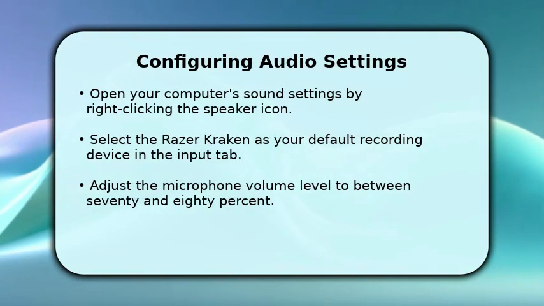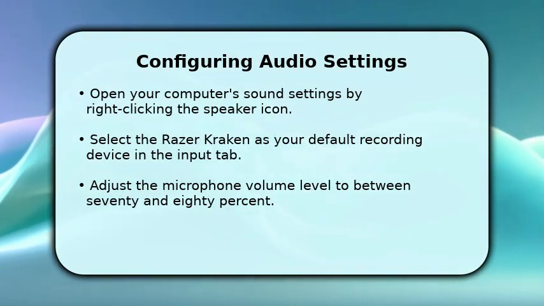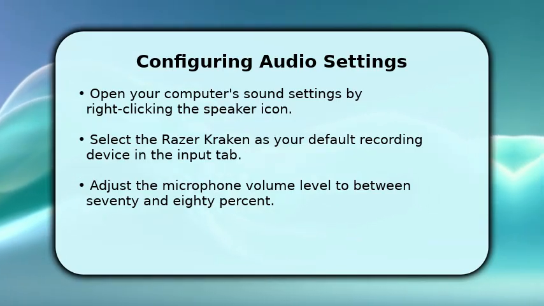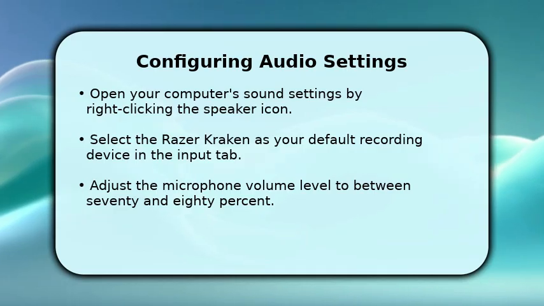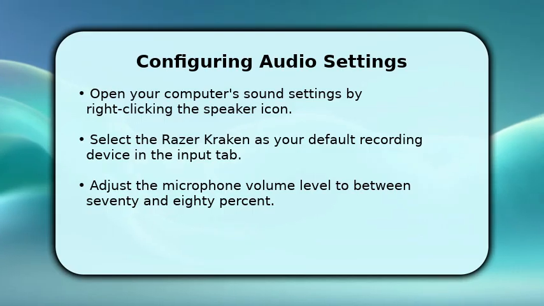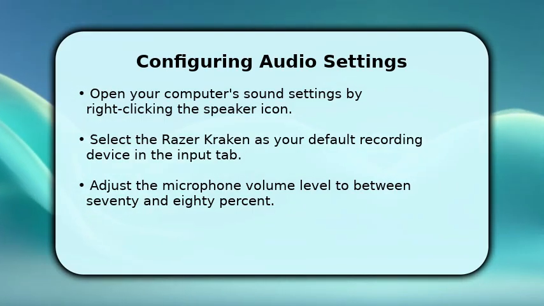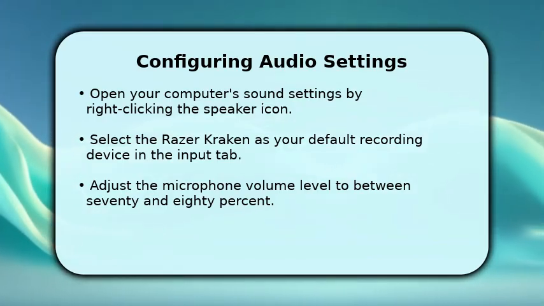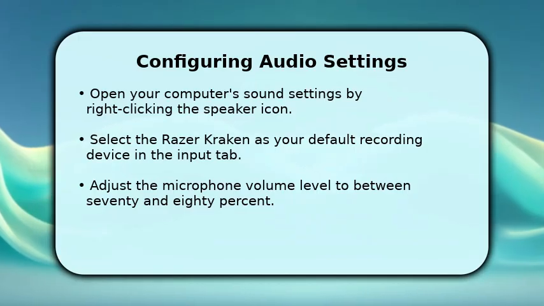Next, we will configure your PC's audio settings. Right-click the speaker icon in your taskbar and select Sound Settings. Under the Input section, choose your Razer Kraken headset as the default recording device. It might appear as Headset Microphone or Razer Kraken. Then, adjust the microphone volume slider to a comfortable level, typically between 70 and 80%, to avoid clipping or being